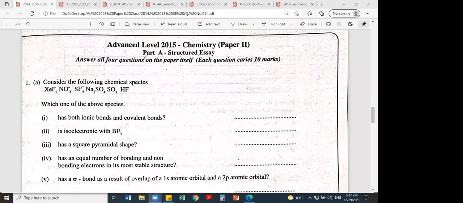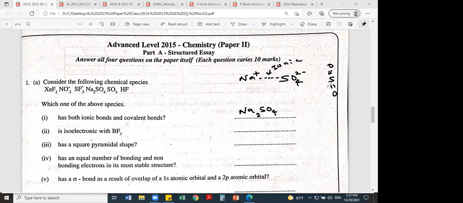Very good question. Part 1. Who gave the correct answer? Yes, Sejan, you gave the correct answer. Very good. Sodium sulfate, Na2SO4. Which one has both covalent and ionic? Na2SO4, sodium sulfate. How come? Now remember the sulfate ion, SO4 2 minus. Between Na plus and sulfate ion, that is ionic. Please label that. This is ionic. But if you take only sulfate,